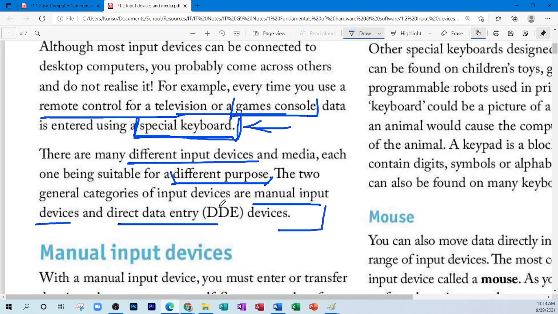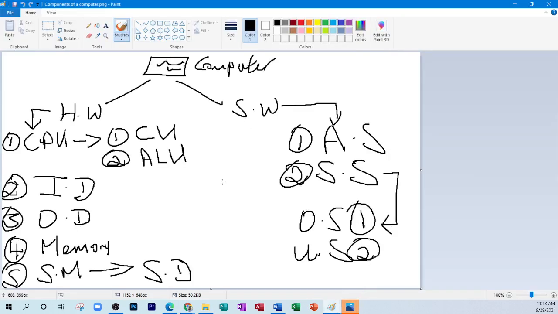Now, when it comes to input devices, as I mentioned, there are two categories. So our first category is manual input devices. And our second category is direct data entry devices. So if we were to add that to our diagram, let me see if we can find it. Got it. So if we add that to our diagram, so 2 is input device,